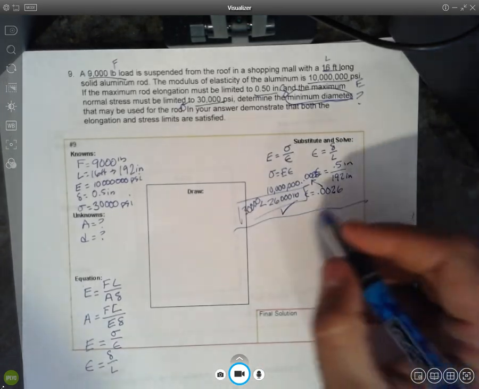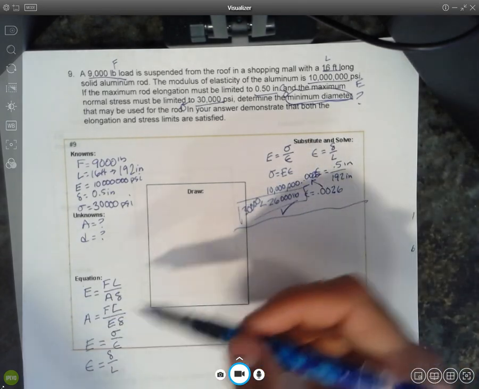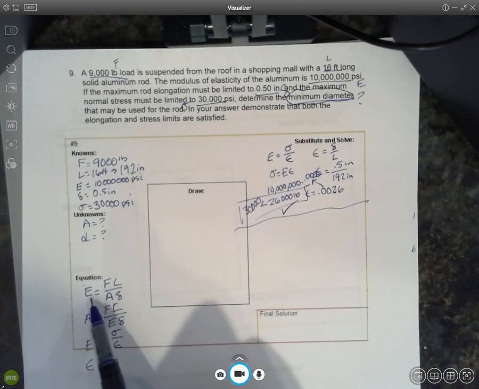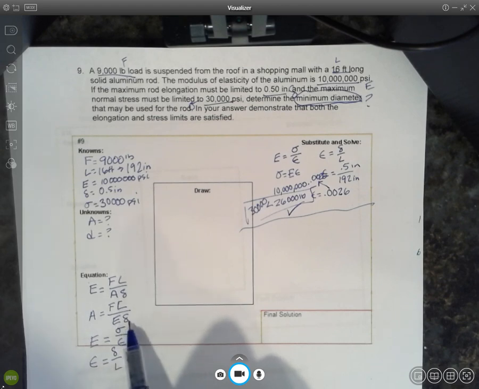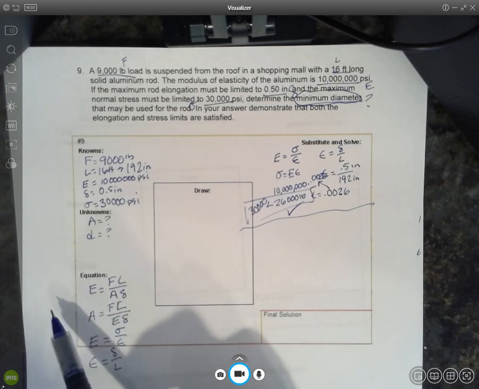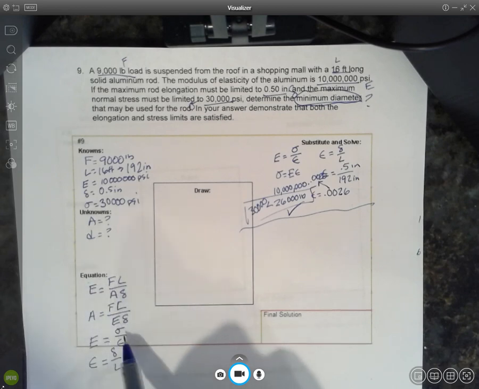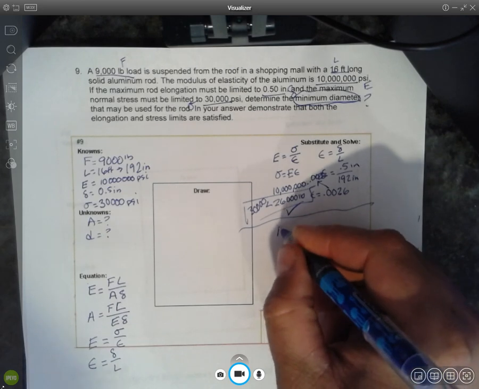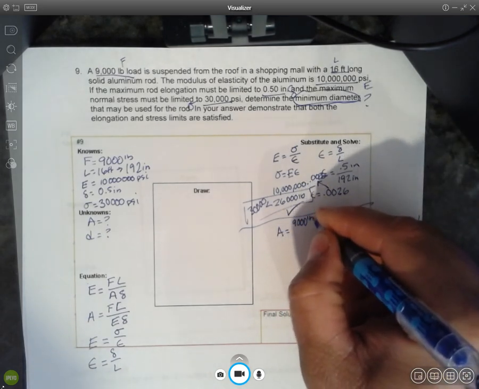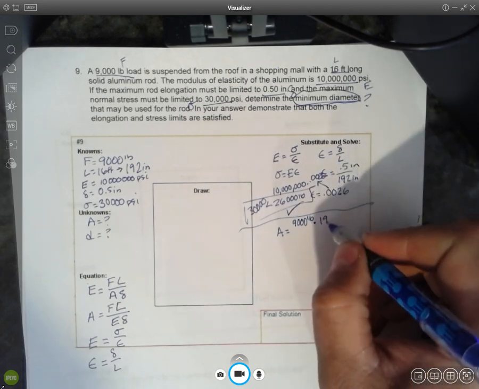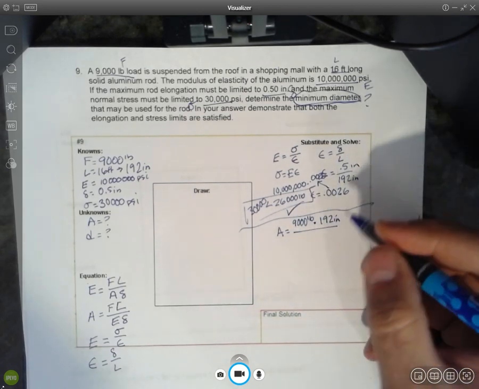So now let's look at solving for the area and then the diameter. The modulus of elasticity formula is FL over A times delta. And we know force, we know length, we know elasticity, and we know the deformation. So we're going to solve for area. I multiplied by A and multiplied by 1 over E on both sides to get the formula looking like this. So area will be equal to the force, 9,000 pounds, times the length, 192 inches, divided by